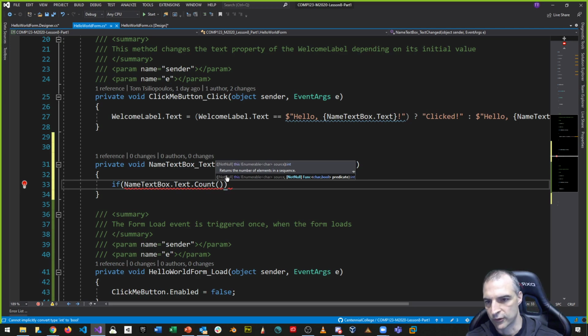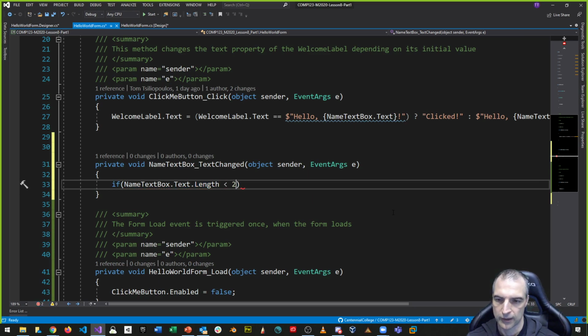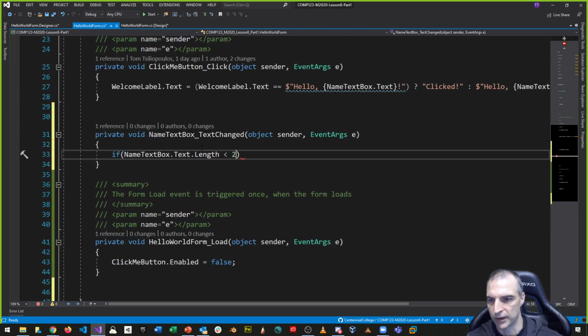If the count, so it says it returns the number of elements in a sequence, in the character sequence. Notice I can also put in length. Length also is good. It's a property. The length of my string, that's what I want to put in here as an example. If it's less than 2, then I want to leave my click me button disabled, because I disabled it. So this would have to be at least greater than 1. If my name text box.length is greater than 1, only then